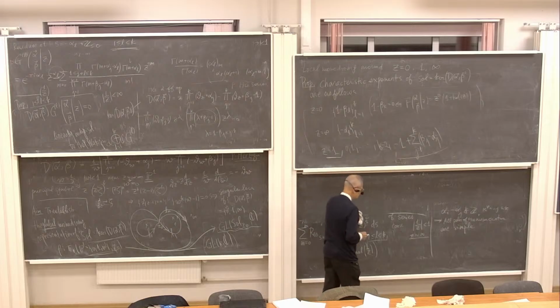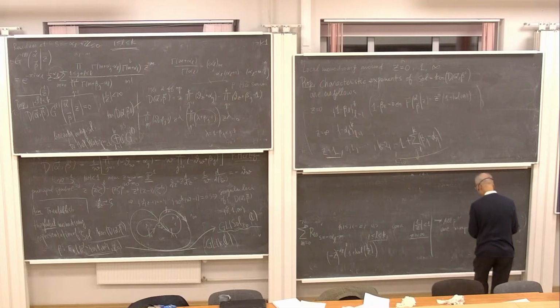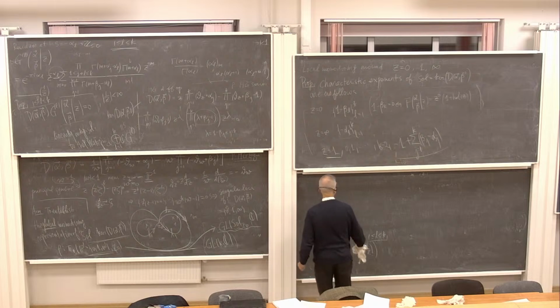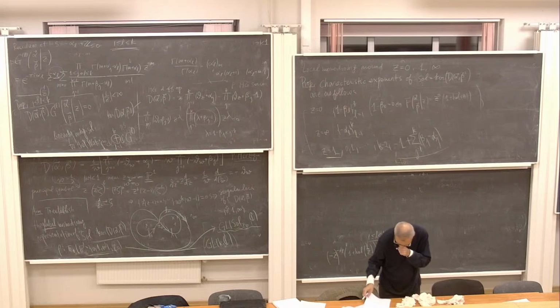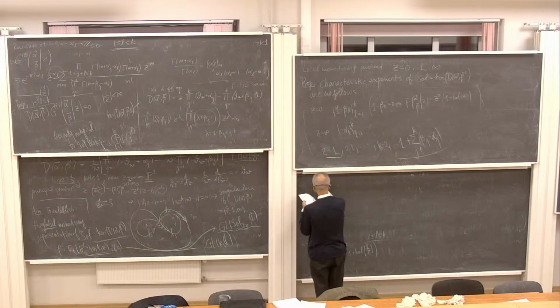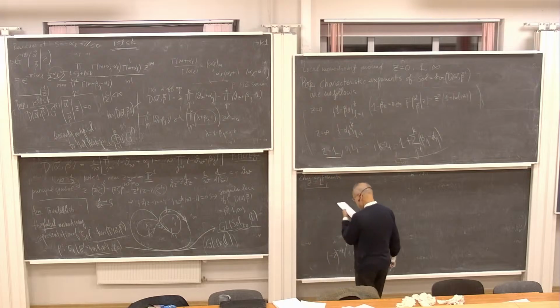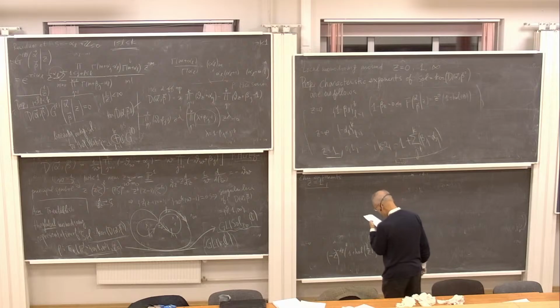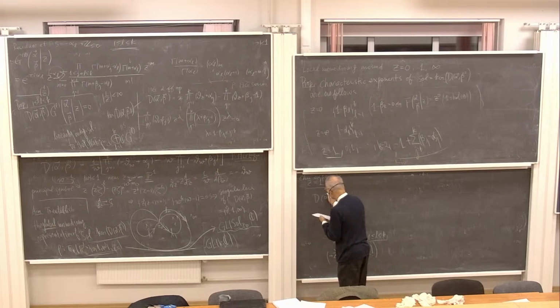sincerely, without any cheating. That is, consider a series near z equals 1, and the exponent. So to do this, this operator